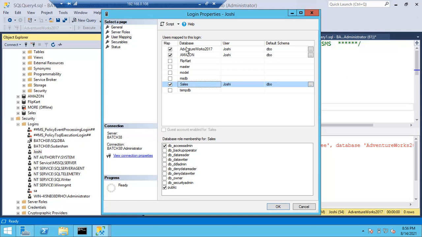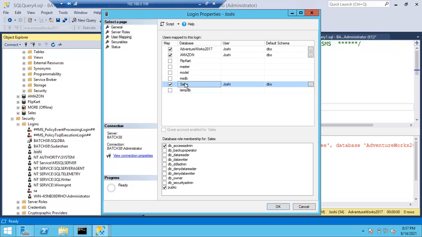We have created the database role in the AdventureWorks. These are database level objects specific to that particular database. So you are searching in the sales database. How can you see that particular role? These are not server roles. You cannot see them at the server level. These are database roles, and you can only see them in that particular database.